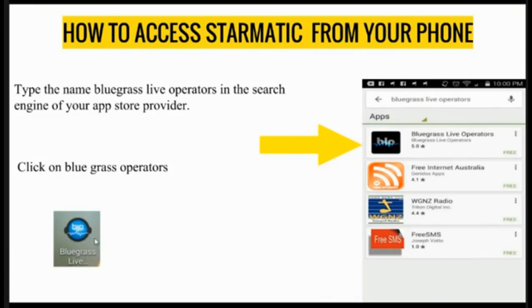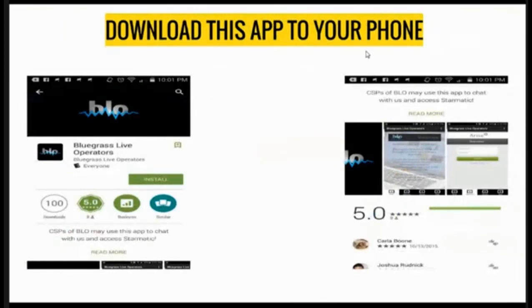You want to click on this app so that you can download and install it. It's just like any other app. You install, you download it. It's there. You can see the screenshots. You'll see it says Arrive Starmatic if you want to make sure that you have the right one. Easy breezy. This way you can download it, install it, and you're able to get your hours while you're